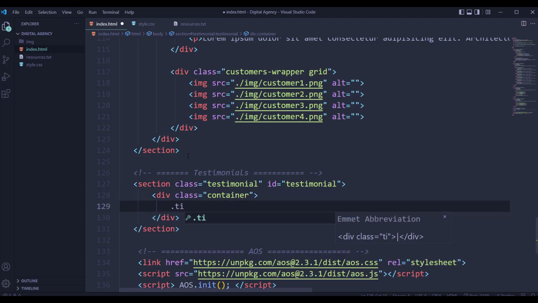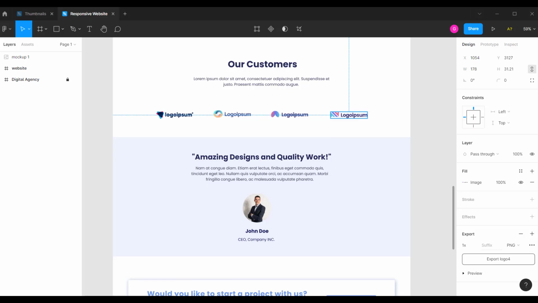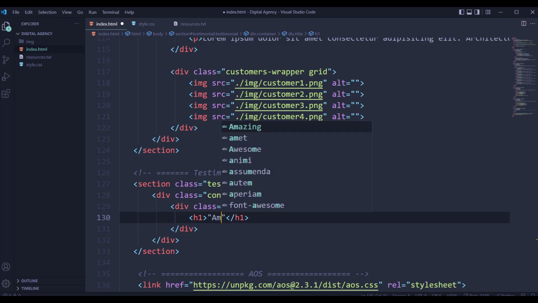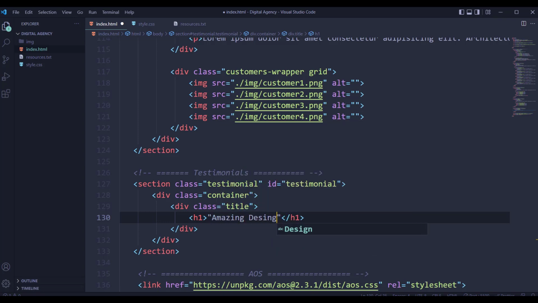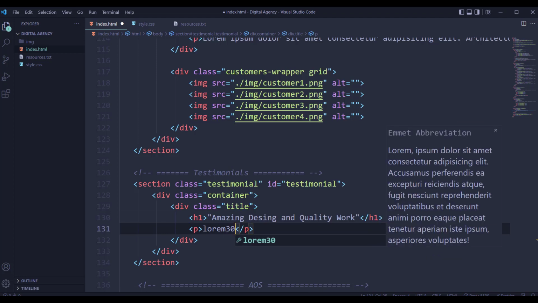Inside that we have our title, and this text should be amazing design and quality work. Awesome. And we have some lorem 30,